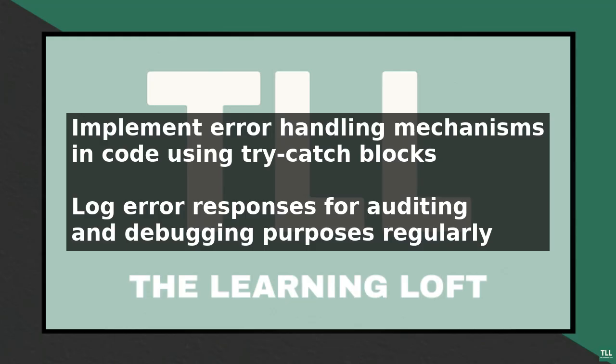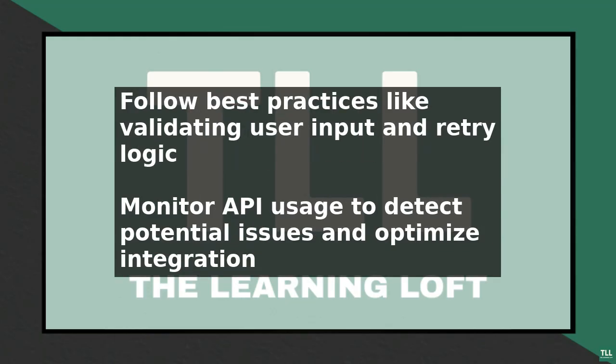Practical examples of error handling include catching authentication errors by checking the error code and redirecting users to the login page, or handling validation errors by displaying error messages to users. By following these steps and best practices, you can efficiently handle errors in Bill.com API and provide a better user